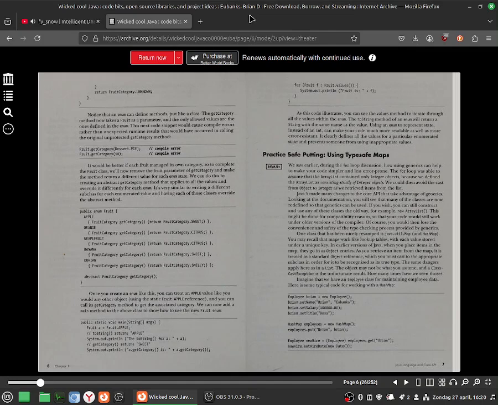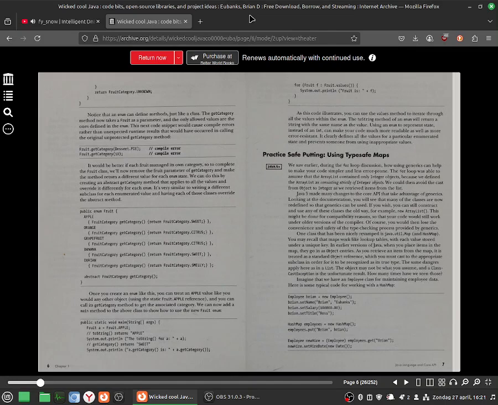The getCategory method now takes a fruit as a parameter, and the only allowed values are the ones defined in the enum. This next code snippet would cause compile errors rather than unexpected runtime results that would have occurred